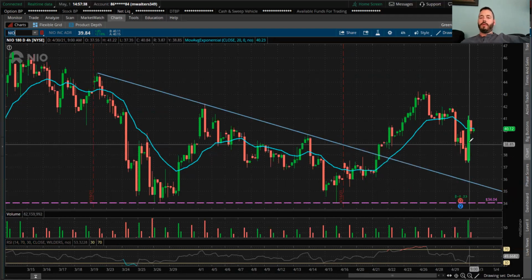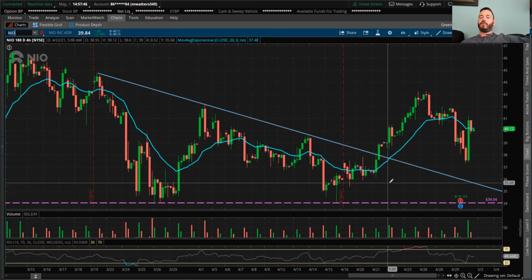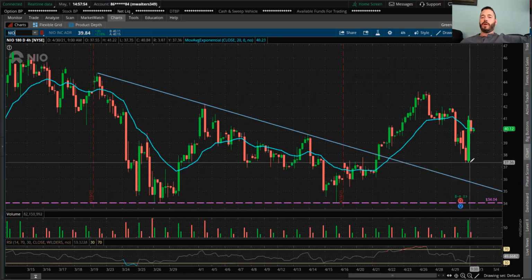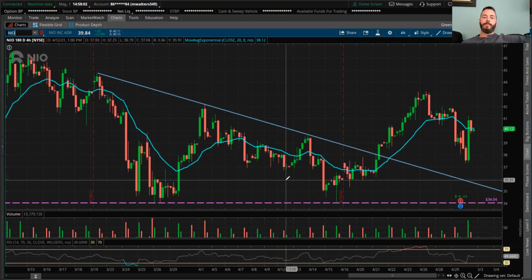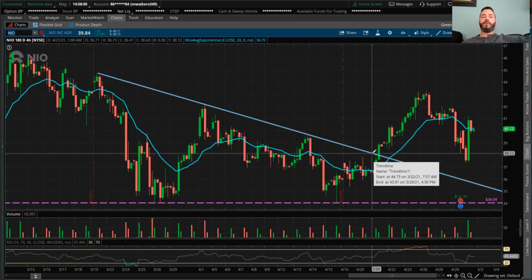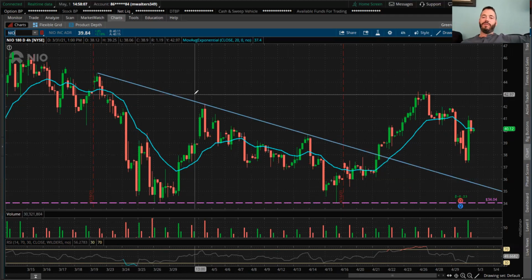Look at this pop. This is just on huge volume, huge computers, algorithms. I mean, the computer algorithms that are trading nowadays, it's like 80% of all trades are being done by computers. And they just took the exact breakout. And that's where the next wave of buying came for that. So this is the 3 examples that I pulled up for you guys. Very, very clear of how important learning technical analysis is.